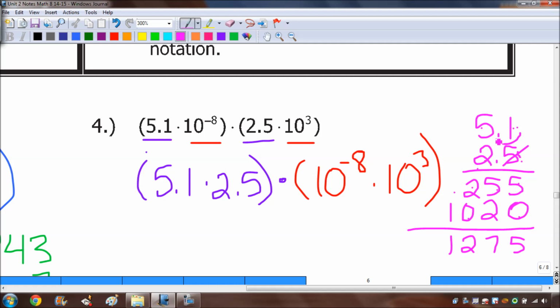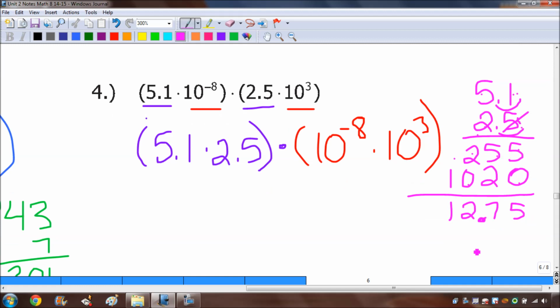Now, since this is off by 1 and this is also off by 1, my answer is going to be off by 2, so I'm going to put my decimal place right here. Now, it should make sense to you that that's where it goes, because I'm multiplying about 5 by 2.5. So my answer has to be around 12 or 13. It can't be 127.5. It can't be 1,275. 12.75 is the answer that makes sense, right? So right here, I get 12.75 from multiplying these guys together,